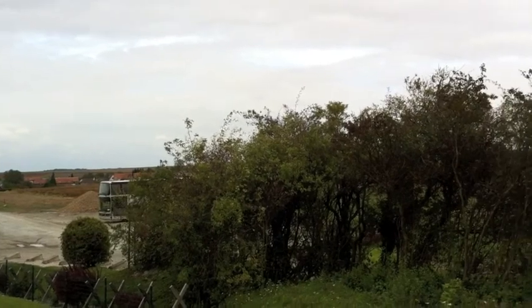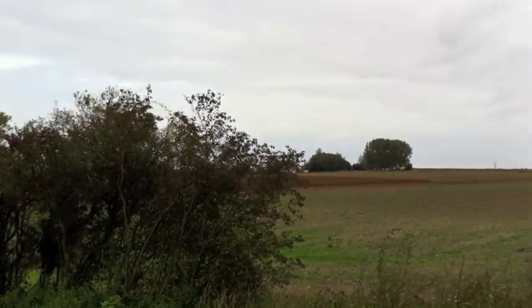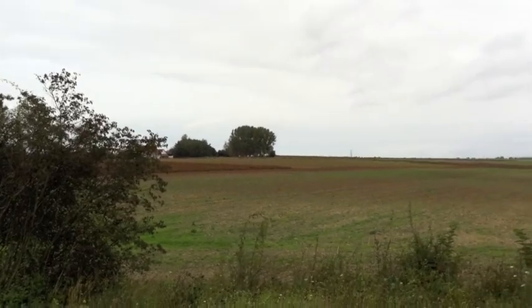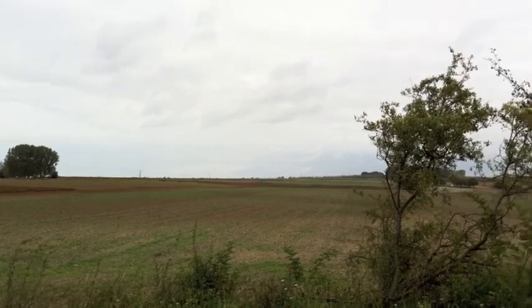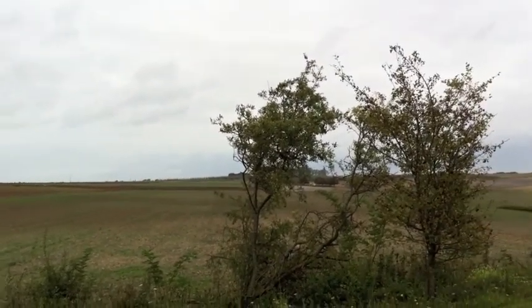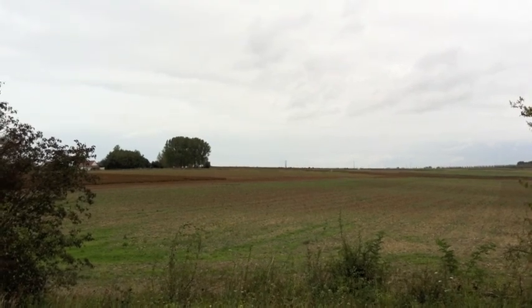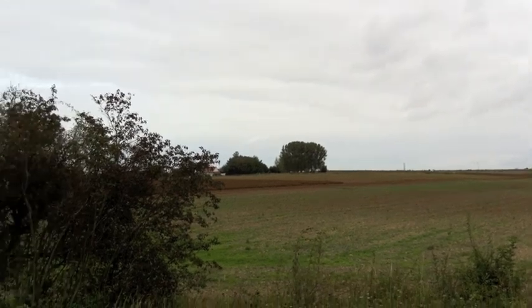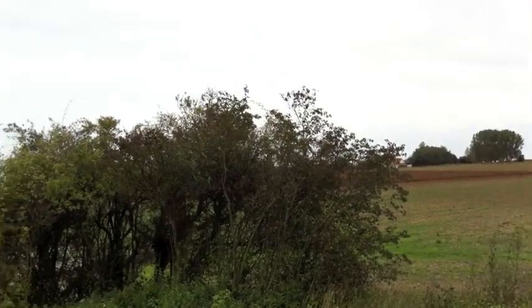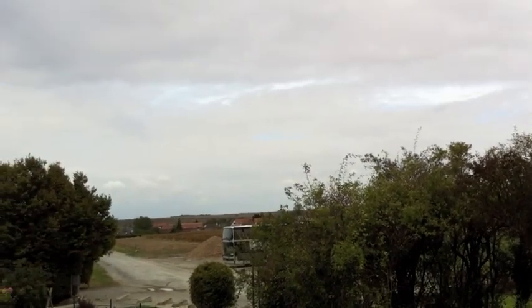Okay, now somewhere a little bit different from the Ypres area in Belgium. We're in France now, and that view over there, another idyllic farming vista. I'm literally on the front line of the Battle of the Somme. So where I'm stood, as I'll turn around in a minute, is on a crater of a mine that was exploded at the start. In fact, 2 minutes before the push over the top started on the 1st of July